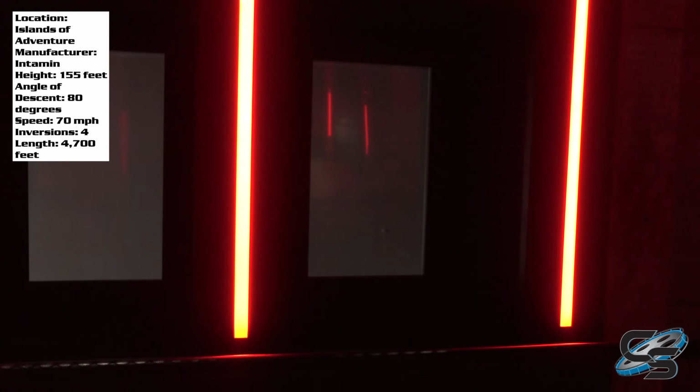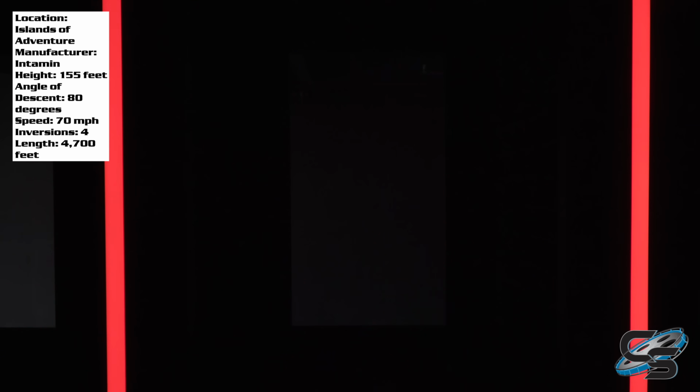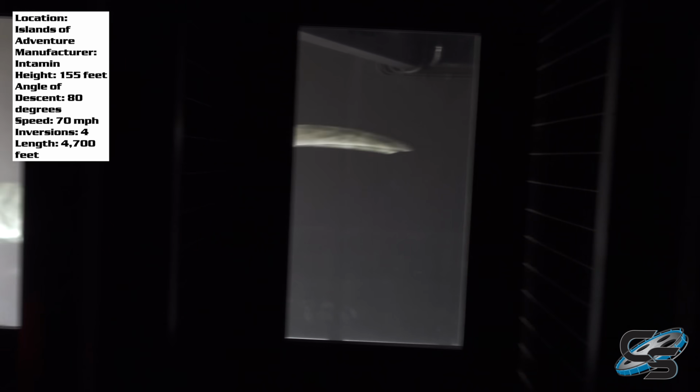As you move away from the Raptors, you'll next see the tunnel for the second launch. They have these tall, clear window panes that you can see the train flying past you as riders hit 70 miles per hour. But what's neat about this is that they've programmed different raptors to run past and chase the